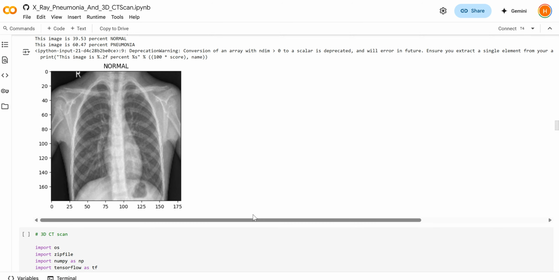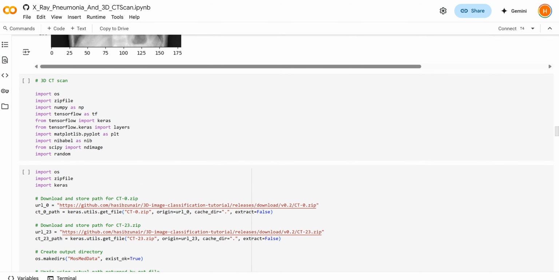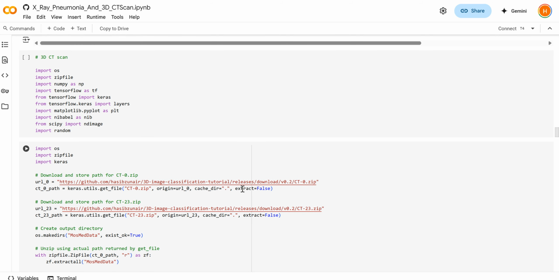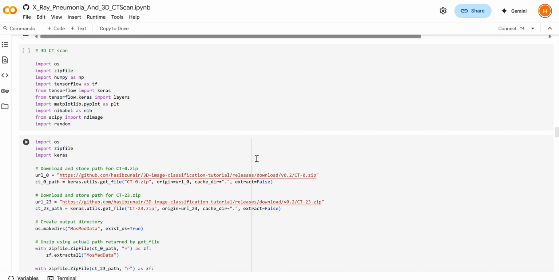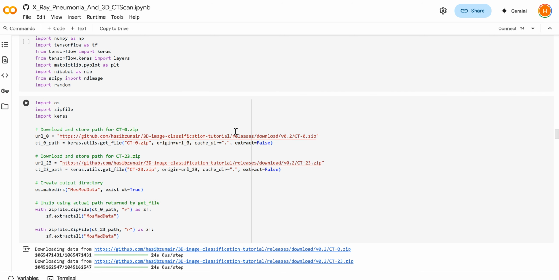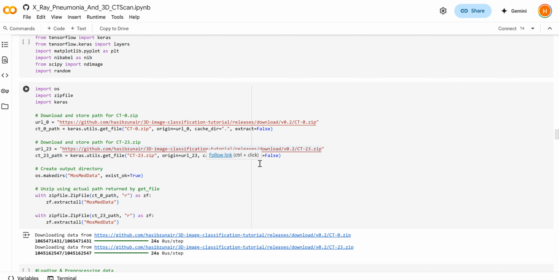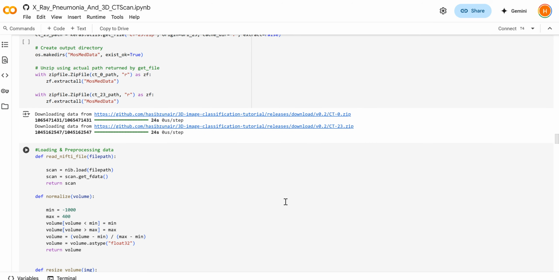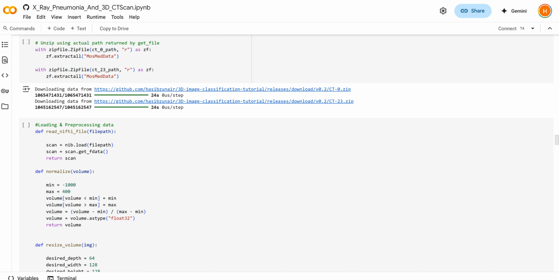And then next, moving on to the 3D CT scan. We download two zips, one which has 100 normal CTs, CT-0, which we label as such, and 100 abnormal, which is CT-23, and extract them locally. We read each with NiBabel and clip units to minus 1000 to 400, and we're going to normalize to 0, 1. Then rotate and zoom to a uniform 128 by 128 grid using zoom,